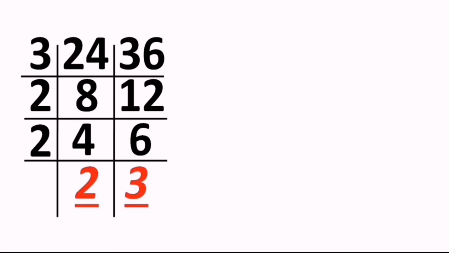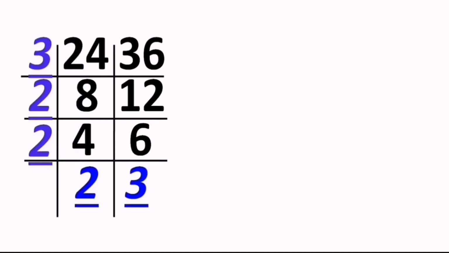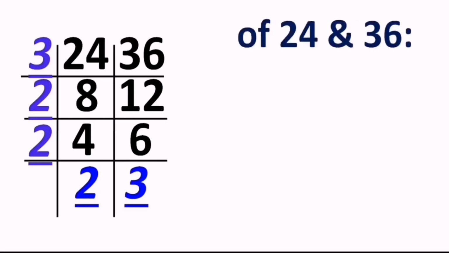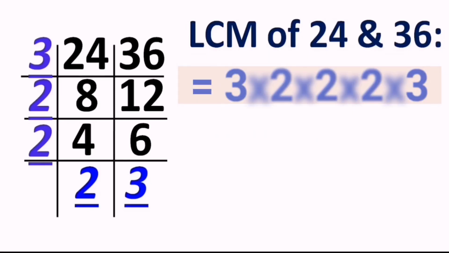But itself, correct? At this condition, keep all these numbers in mind, the left side numbers and the bottom numbers. What is the condition now? We are not going to divide the sums any further, right? And at that time, all these corner numbers, the way you're looking at the screen, that L shape, is going to make our LCM. And here we begin with the simple statement: LCM of 24 and 36 is what?